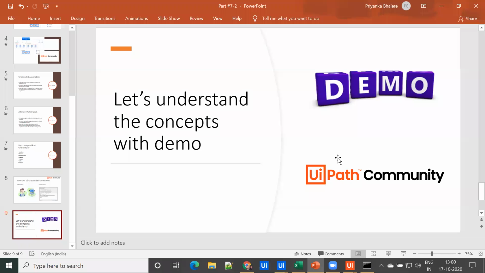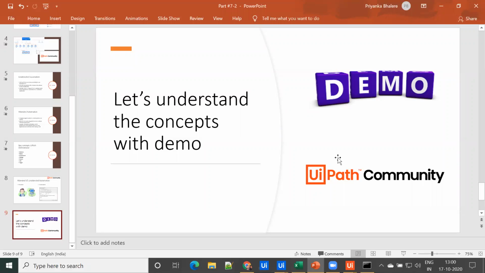Can we make a bot for Android? We can run the bot from Android. We also have the UiPath Orchestrator app.